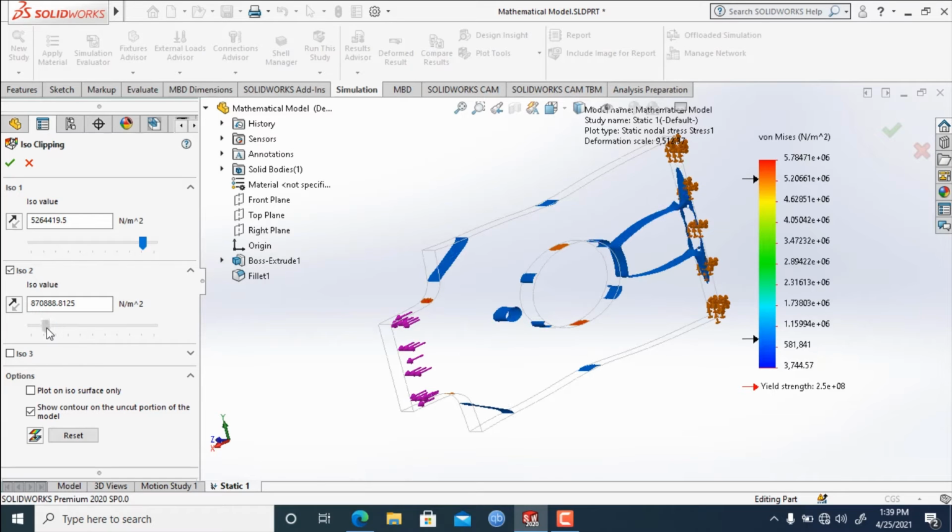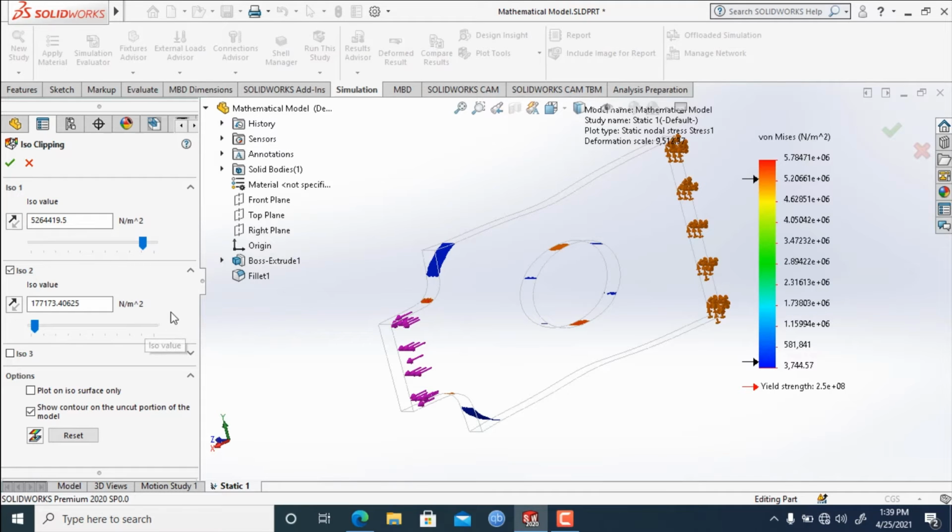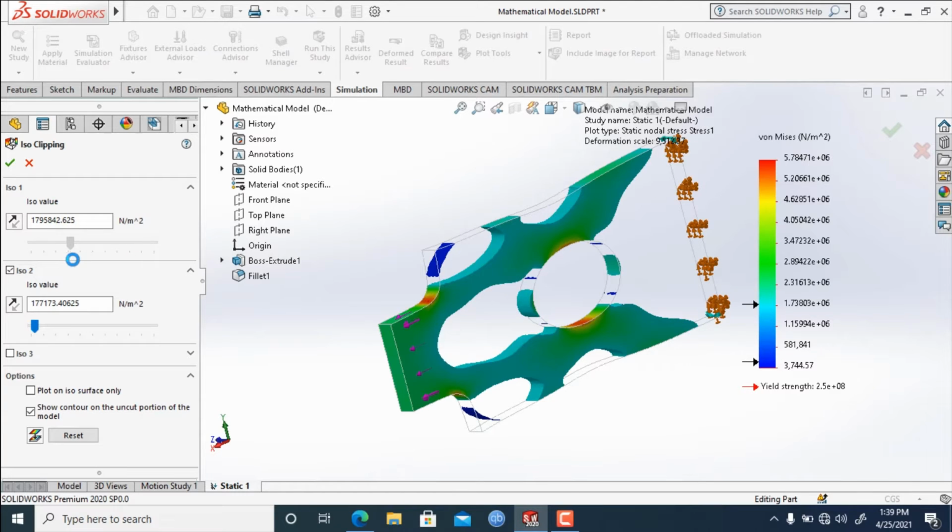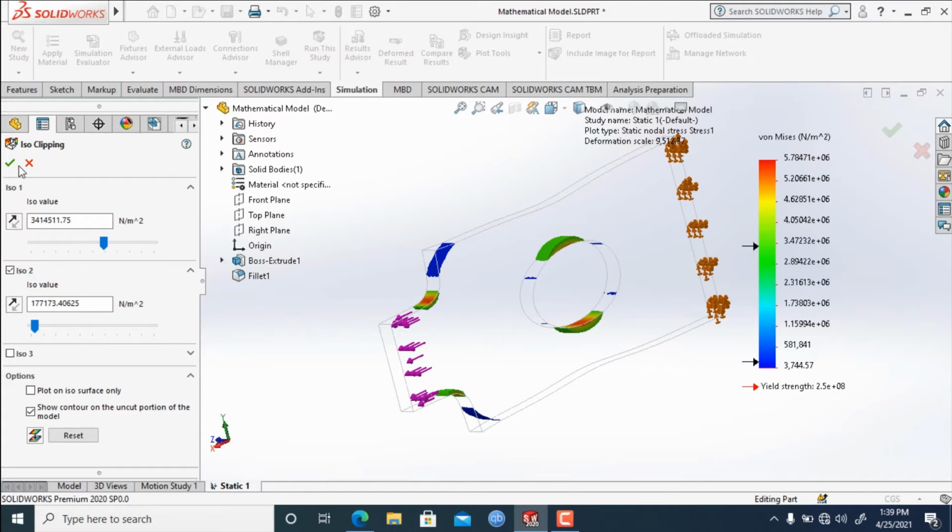This is just for showing you the example. We can drag it up to this point, so the least amount of stress areas will be shown. So this is all about ISO clipping. You can play with these as you want. This is just for presenting the result in different ways.